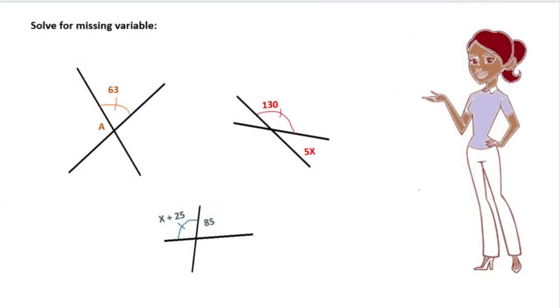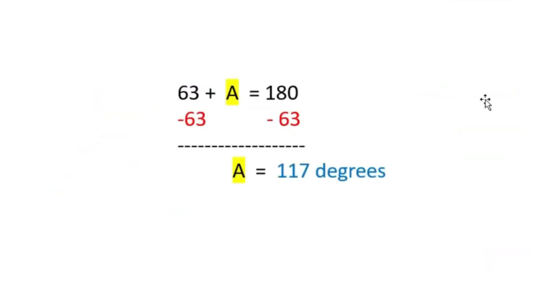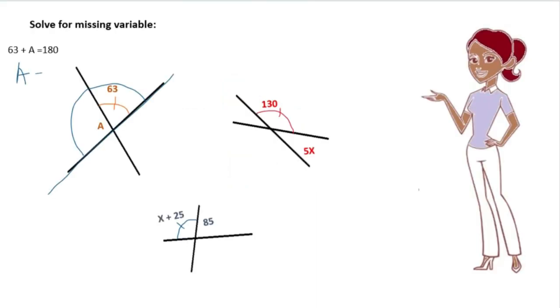We have a straight line, which is this line here, and we're going to solve for A. So if we take this angle and this angle, it should equal 180 degrees. So we would have the equation 63 degrees plus angle A equals 180 degrees. If we were to subtract 63 from both sides, A would equal